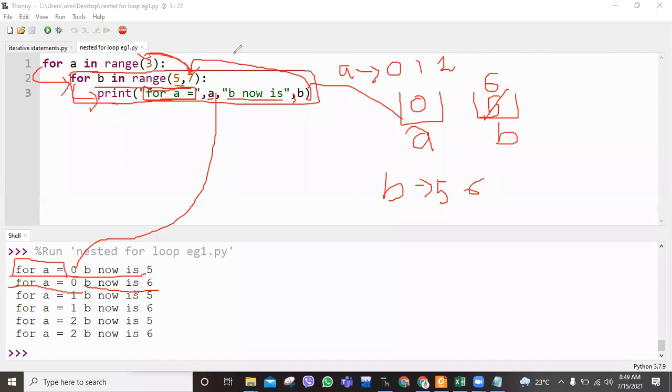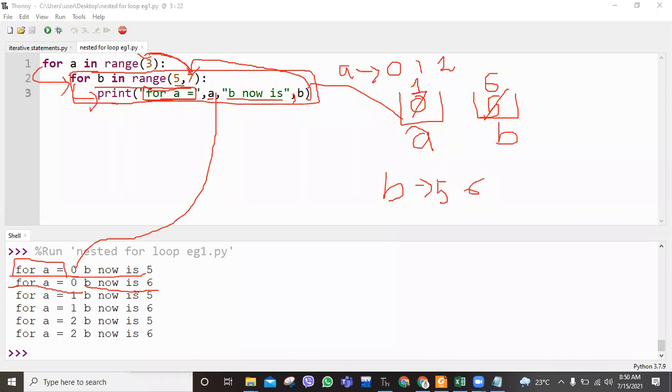Initially the value of a was 0. Now it is incremented by 1, that is 0 plus 1 will be 1. So again your program controller gets inside its body. As you can see, the value of the outer loop variable is changed, and your program controller is about to access the inner for loop again with a new value from the outer loop.